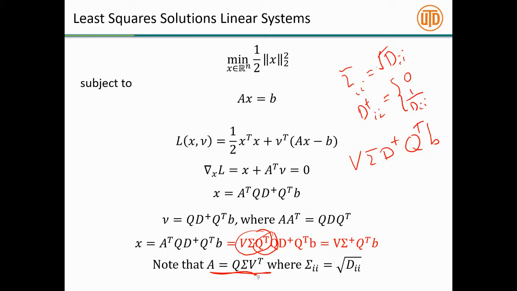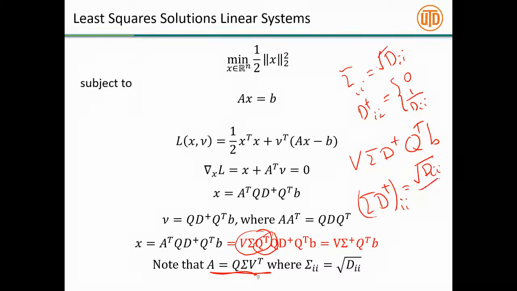Which means that if you take sigma times D plus, the ith entry of this matrix is going to look like the square root of DII over DII if DII is greater than 0, and it will be equal to 0 otherwise. Which means that this product is nothing more than sigma plus by itself,